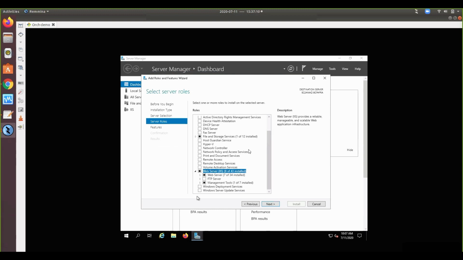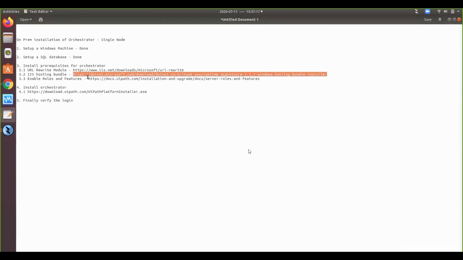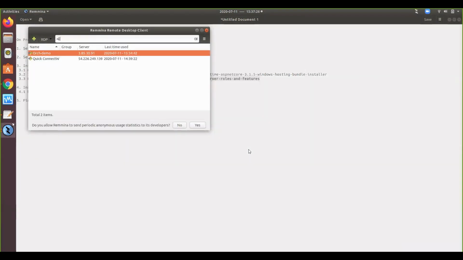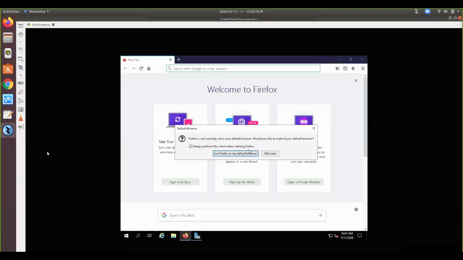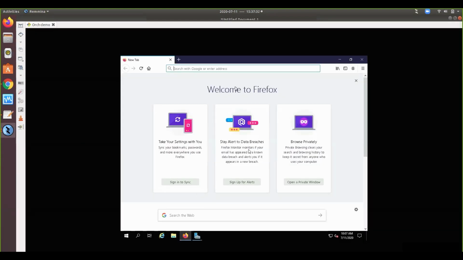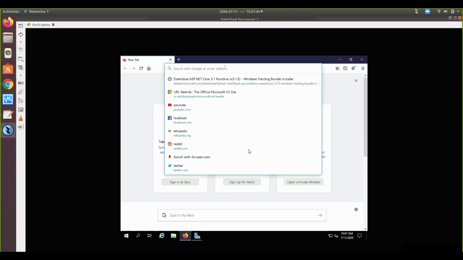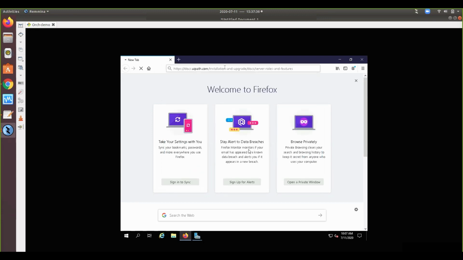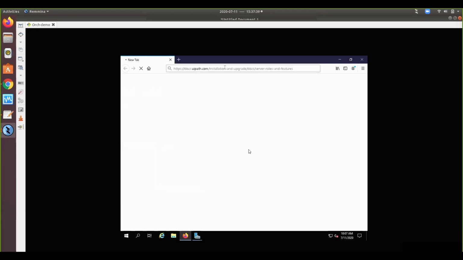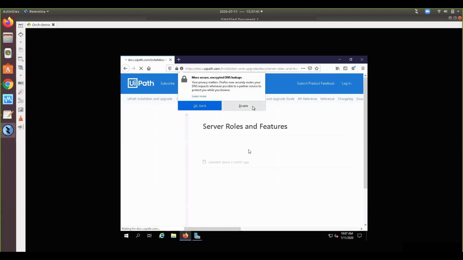UiPath has given the list of dependencies, which can be found again in the video description, the dependencies link. I recommend you go through the UiPath documentation before starting the installation.